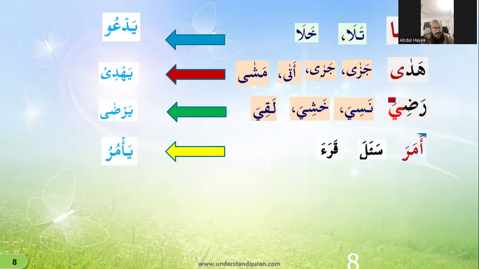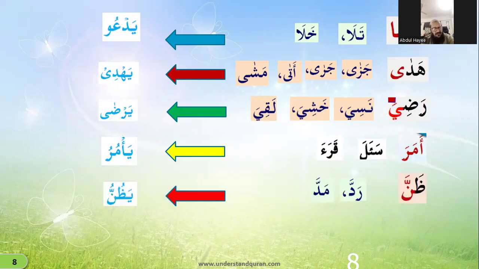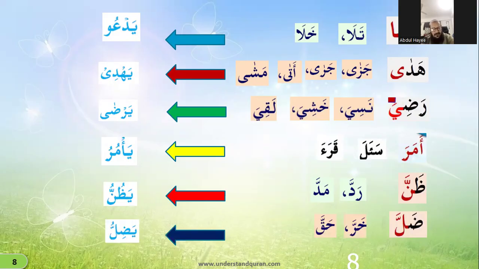Amara, yamaru. Sa'ala, yas'alu, qara'a, yaqra'u. Zanna, radda, madda. Zanna, yazunnu, radda, yaruddu, madda, yamuddu. Dalla, kharra, hakka. Dalla, yadillu, kharra, yakhirru, hakka,